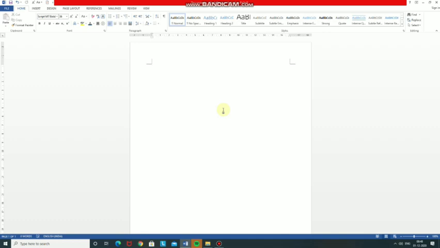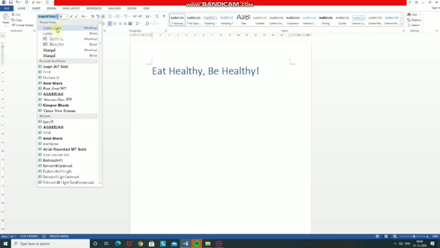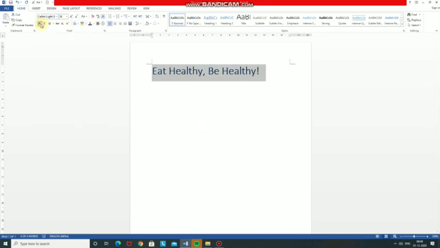First of all, I am writing the text. Now, to select the text using the mouse, place the cursor to the left of the first character to be selected.